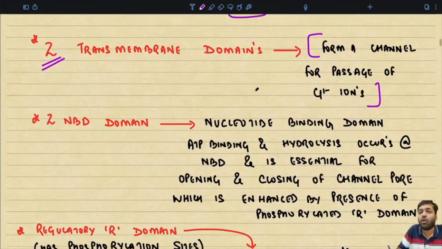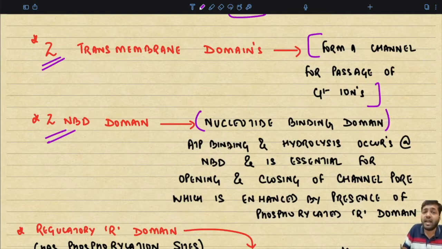Okay, so they are forming a channel for the passage of the chloride ions. Now there are two NBD domains. As I told you, they are called the nucleotide binding domain. Now very importantly, the ATP binding and hydrolysis is occurring at this NBD site, and this is very essential